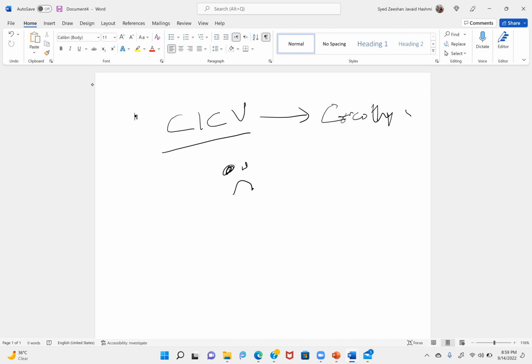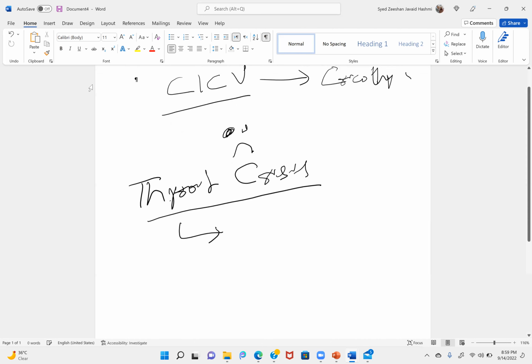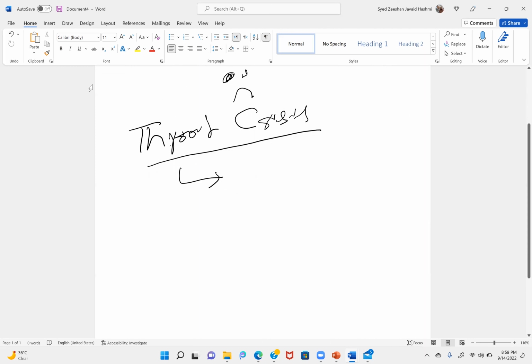Then similarly, if you have a documented vocal cord injury, you should practically anticipate any problem post-operatively, so you will be going to HDU or ICU. The other problem which you can have during thyroid surgery is thyroid crisis. So how will you pick it? What will happen in thyroid crisis?